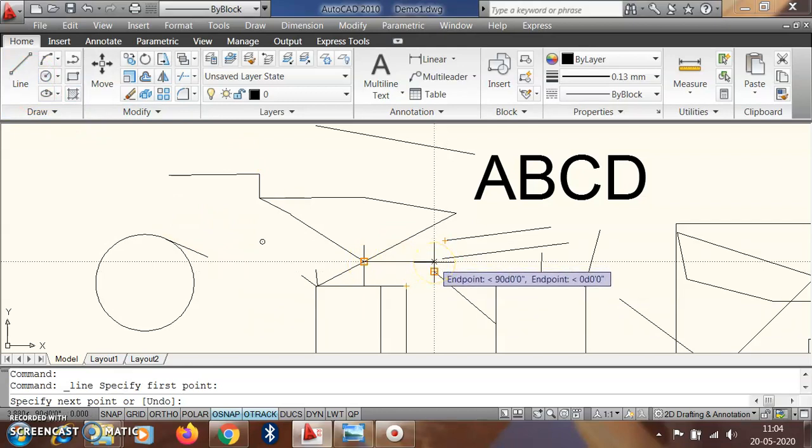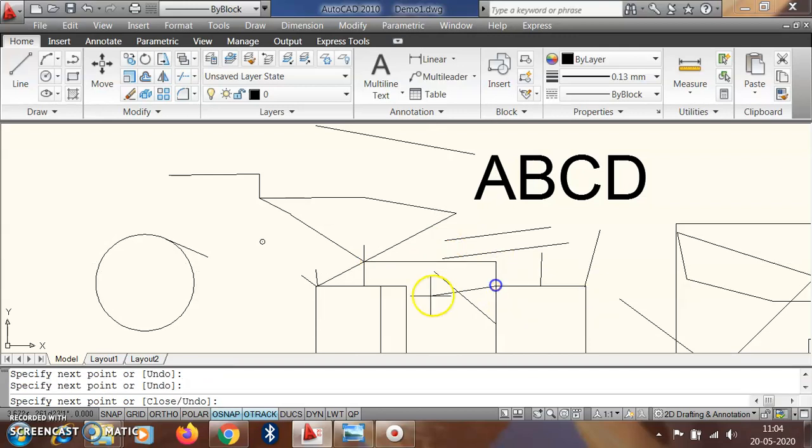Suppose I select the line here, I can track this point vertical to this line or horizontal to this line. Suppose at the vertical of this line we can choose this. So this is tracking, and the tracking command only works after OSNAP is on.